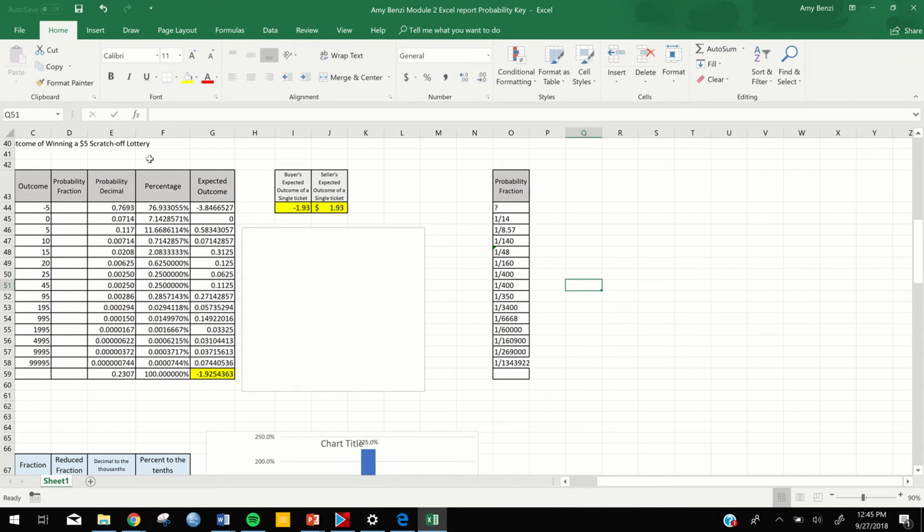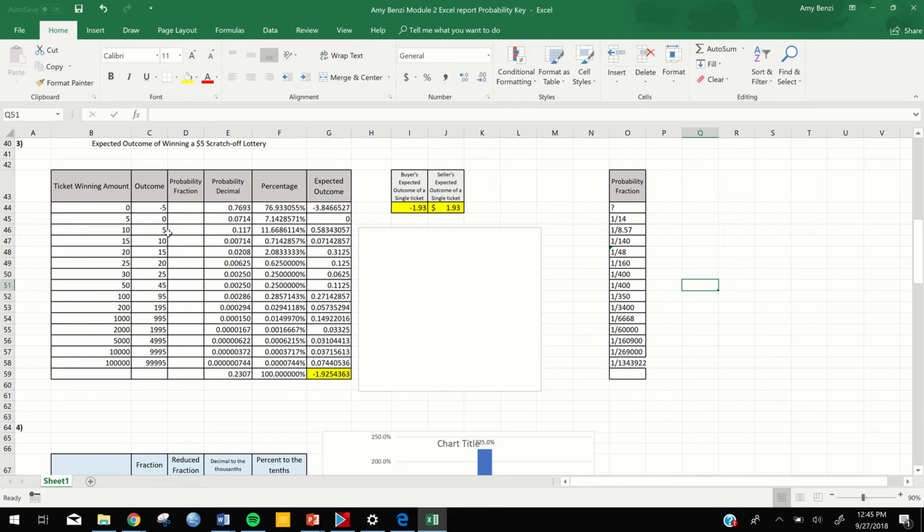So what we do, first of all, what happens to us when we put in a fraction such as 1/14th? Well, when I put in 1/14th, it changes it to January 14th. And it's a major hassle trying to undo this situation. But what I can do here, and then also if it turns into a date and I come up and do my fraction, it still changes it. So what I'm going to do